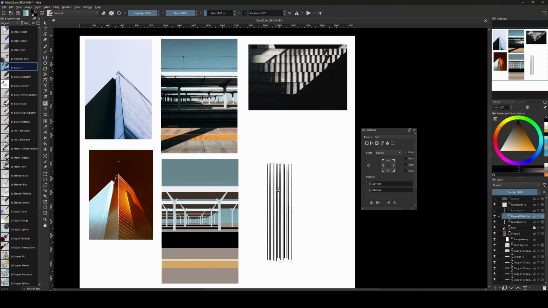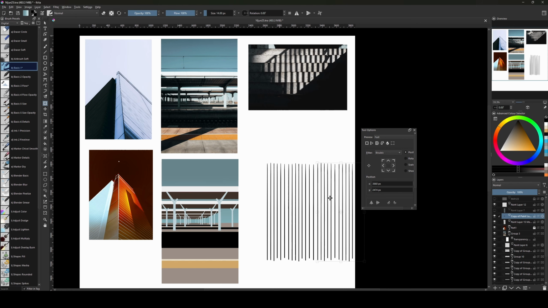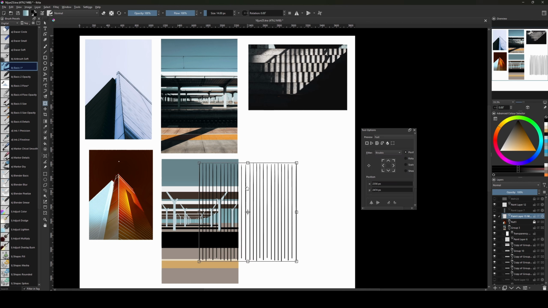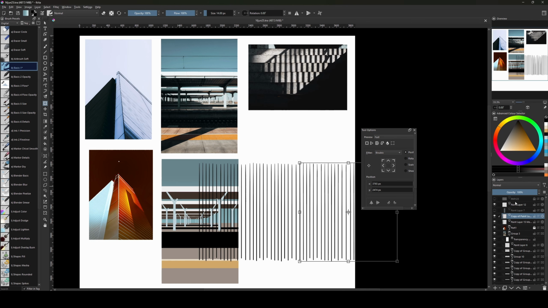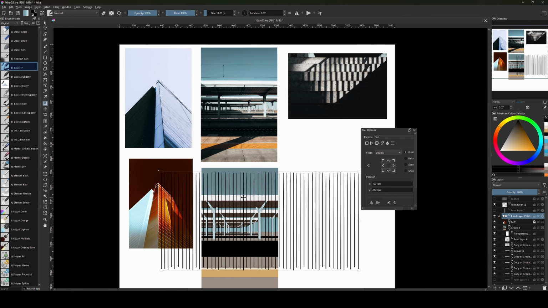I will duplicate to save time. Move to the side. Merge these lines. Duplicate. Move. This. And I will duplicate again. And move. Then this and merge. Now for this one, I will make